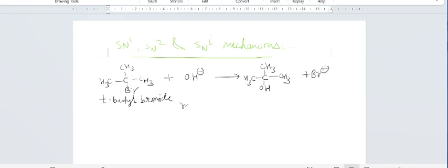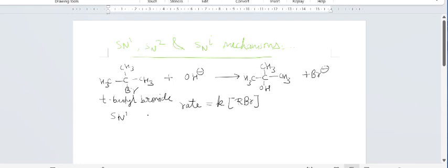It is found that the rate of this reaction is equal to one constant into the concentration of alkyl halide, and it is not dependent on the concentration of hydroxyl ion. Here we can see that there are two reactants present, one is the substrate and the other is the attacking region, but the rate is dependent on only one of these, alkyl halide only. Why does it happen so? That is explained on the basis of the SN1 mechanism,